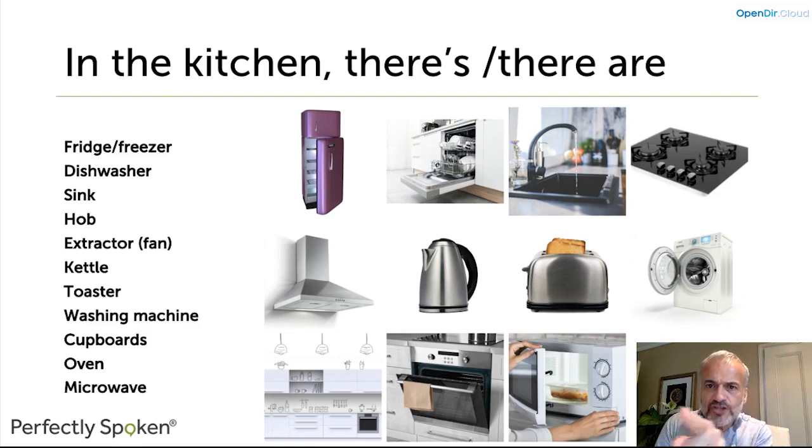So again, left to right, we've got a fridge and freezer, a dishwasher, a sink, a hob for cooking, an extractor fan, an extractor to take smells, a kettle so we can have our tea, a kettle for the water, a toaster,